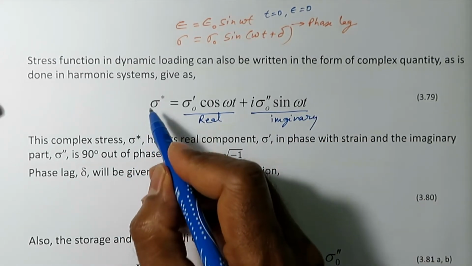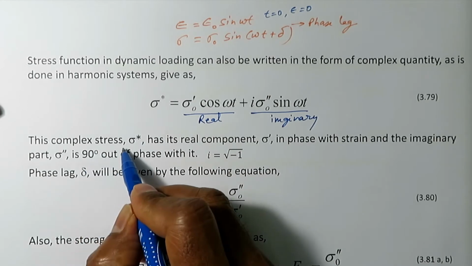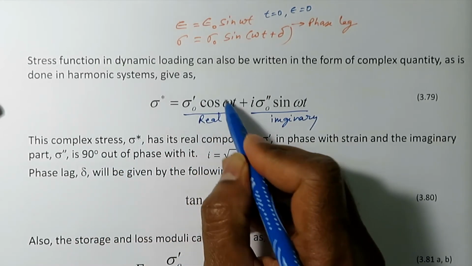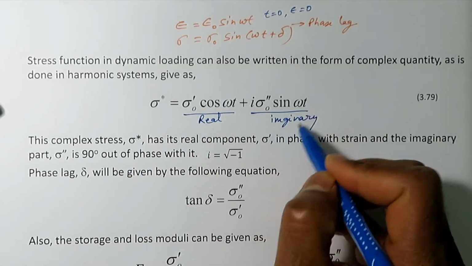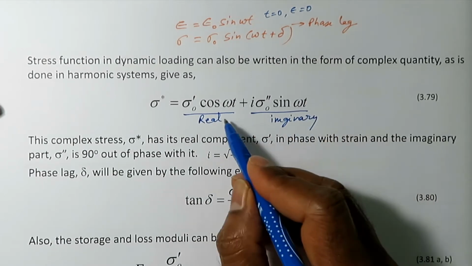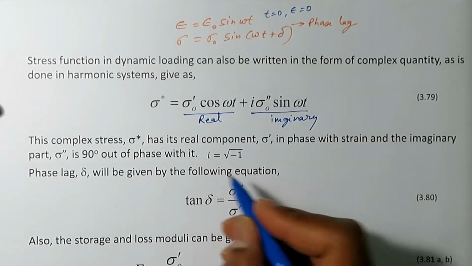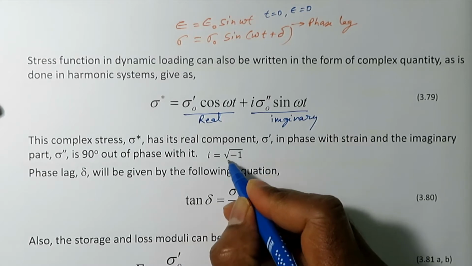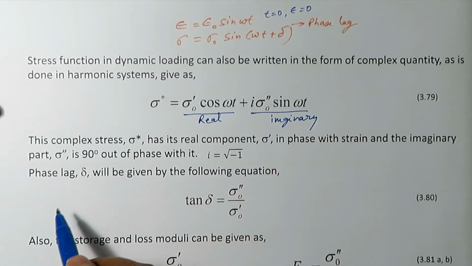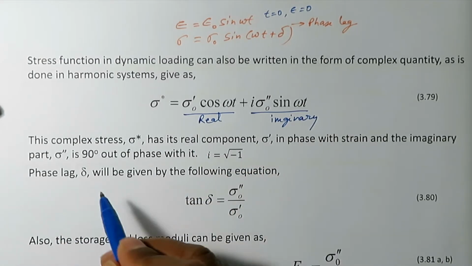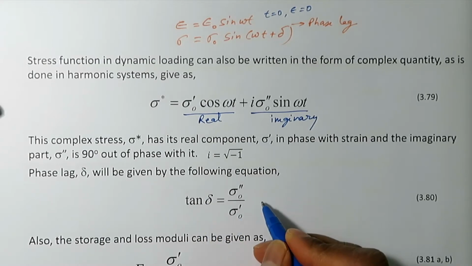So here sigma star is the complex stress. It contains the real part and the imaginary part. So stress follows in this way, and here again i is the square root of minus 1. So in this situation the phase lag delta can be given by this equation,